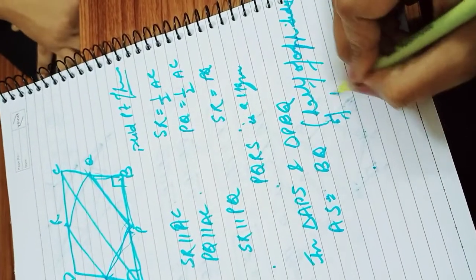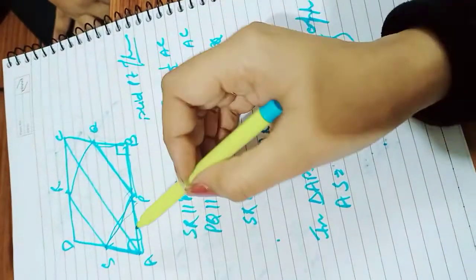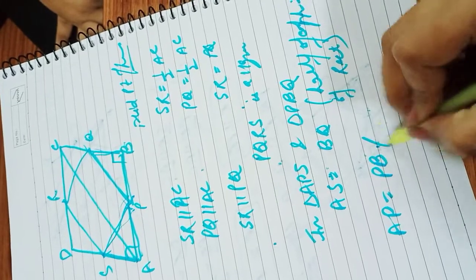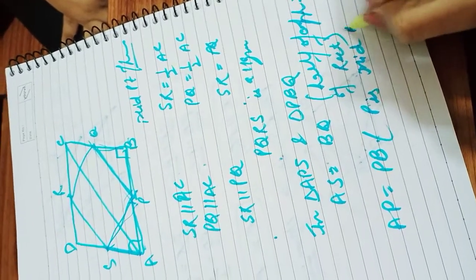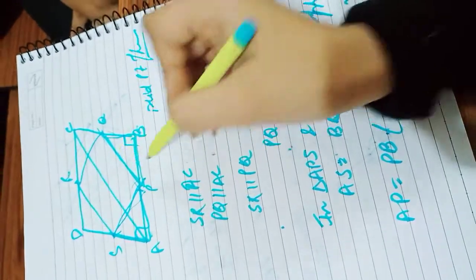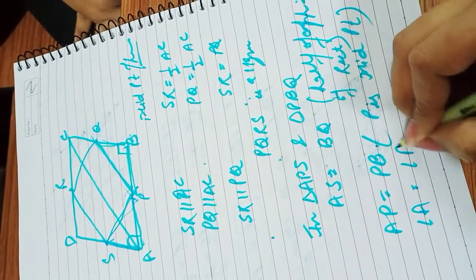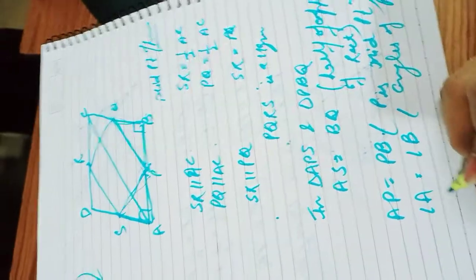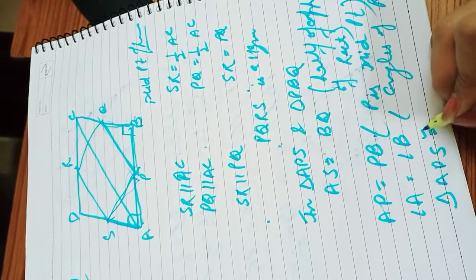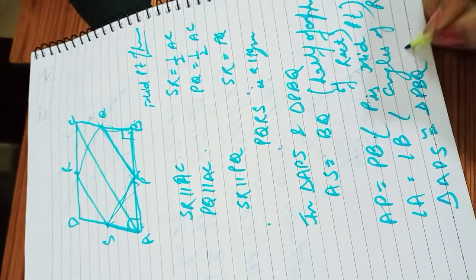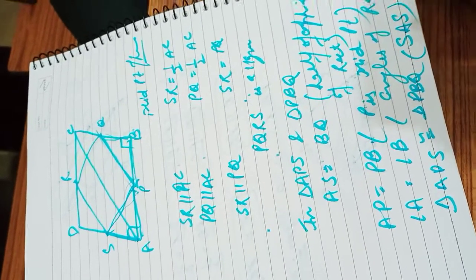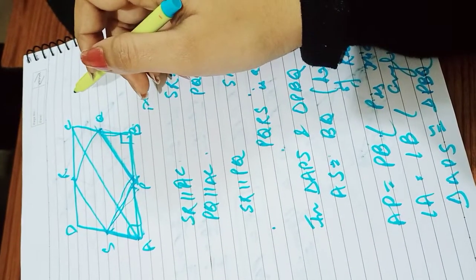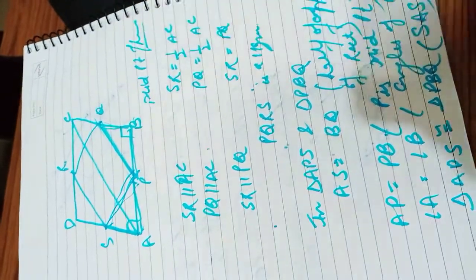Reason. Okay, and the second thing is P is the midpoint, so AP would be equal to PB. P is midpoint. And angle A would be equal to angle B, 90 degrees, angles of rectangle. Right? Therefore, you can say that triangle APS is congruent to triangle PBQ by using the side angle side congruence rule. So by using CPCT, you can prove PS equal to PQ. Hence, adjacent sides of the parallelogram are equal, so it becomes a rhombus.